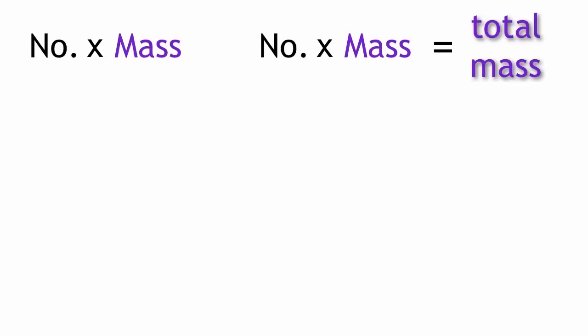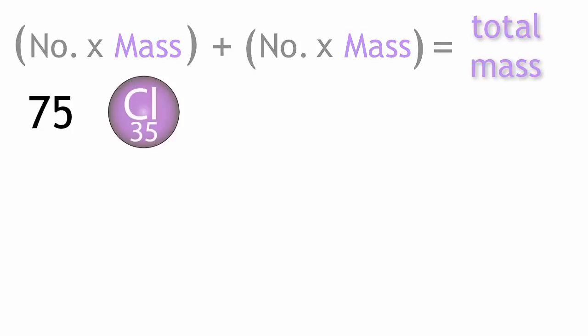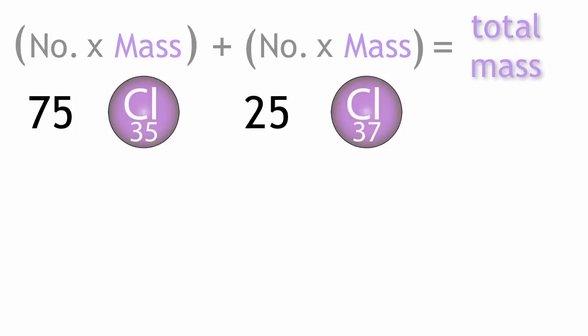We first find out the total mass of the sample. We do this by multiplying the mass of each atom by the number of atoms present for each isotope, and then we add them together. For chlorine-35, there are 75 atoms, and for chlorine-37, there are 25 atoms. So the mass of 100 atoms would be 75 times 35 plus 25 times 37,